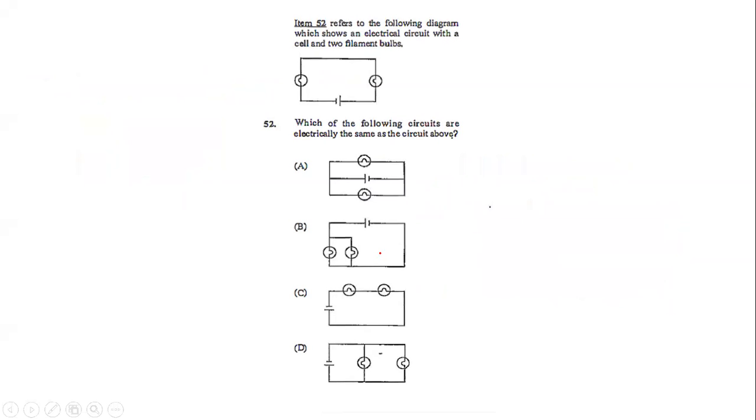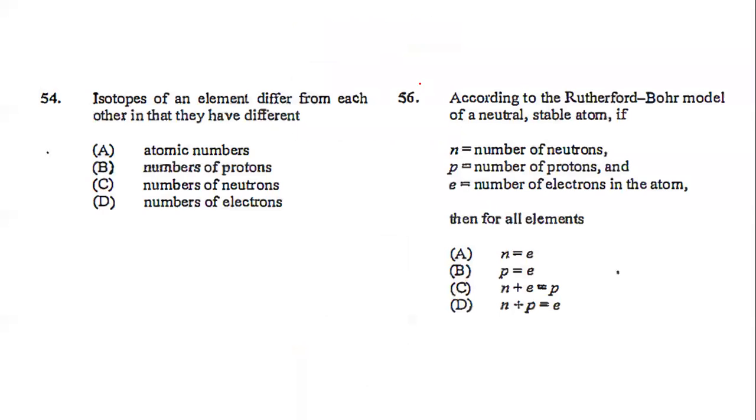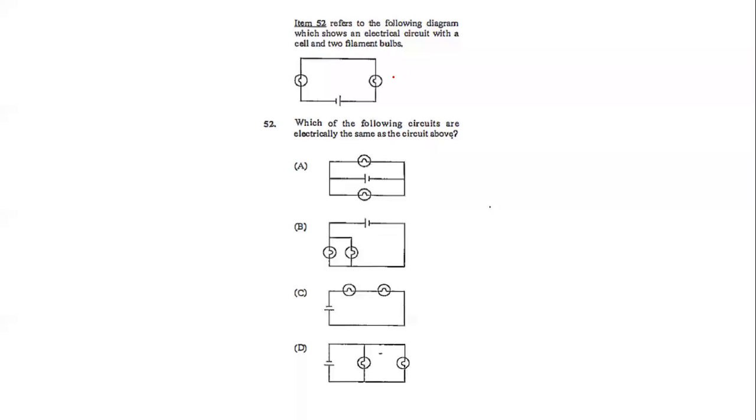Question 52. It asks us here, which of the following circuits are electrically the same as the circuit above? So in the circuit here, we have to identify what type of circuit this is. This here we see is a series circuit. So we look through and see which one of them is a series circuit also, and you can clearly see